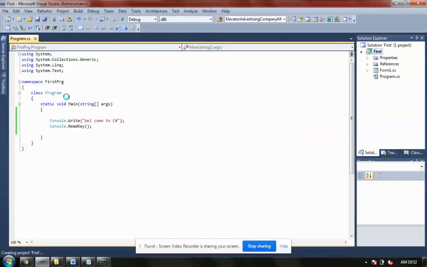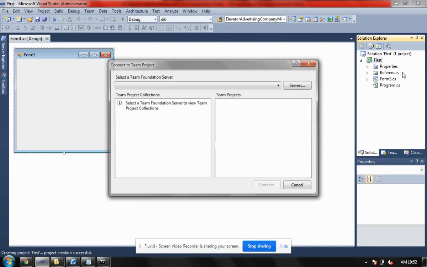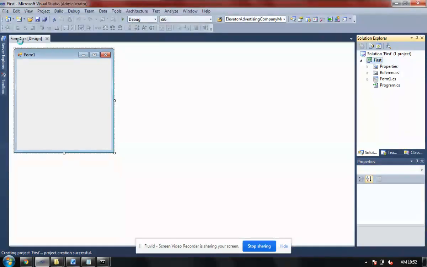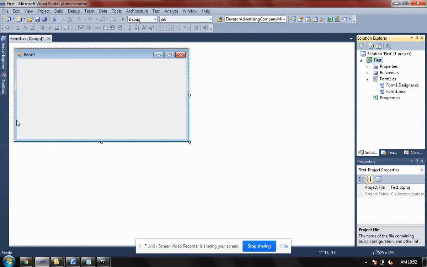When I say OK, I get a small form here. That form is called Form1.cs. This is a normal window screen that we see. This is the UI of the window.